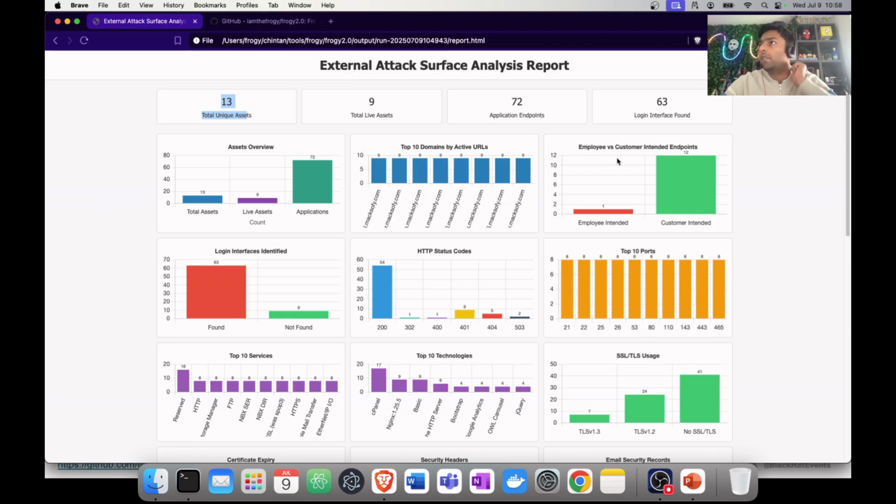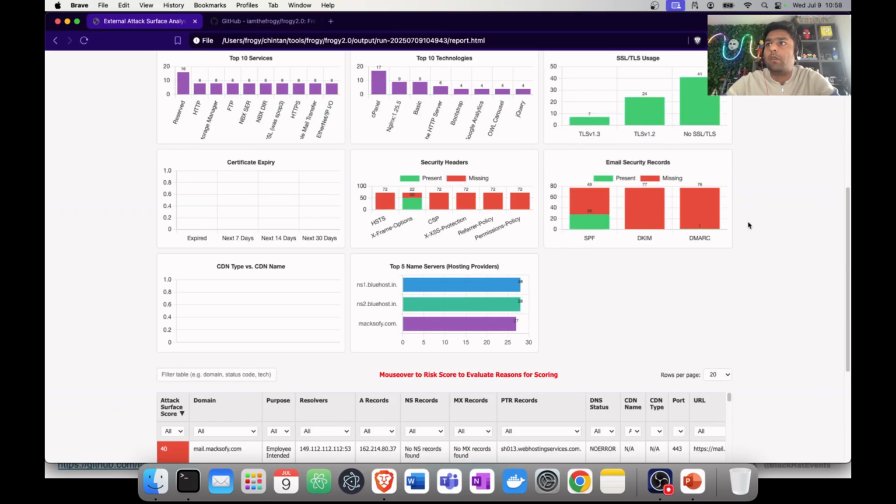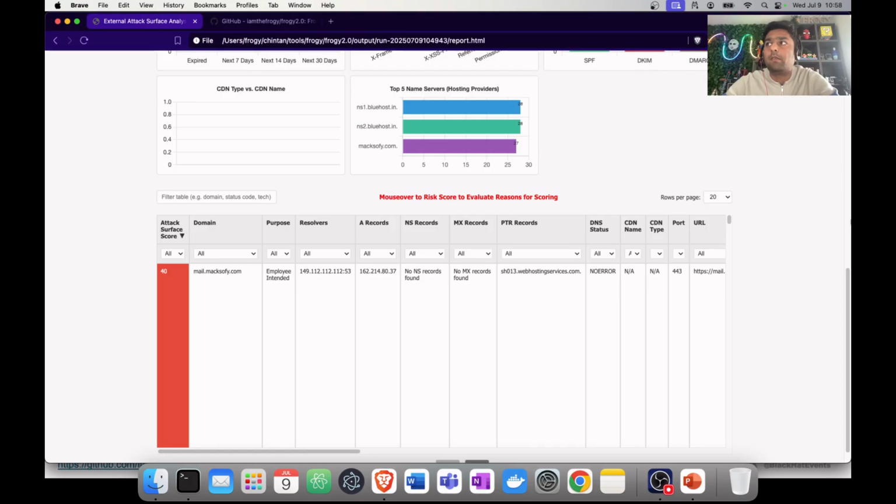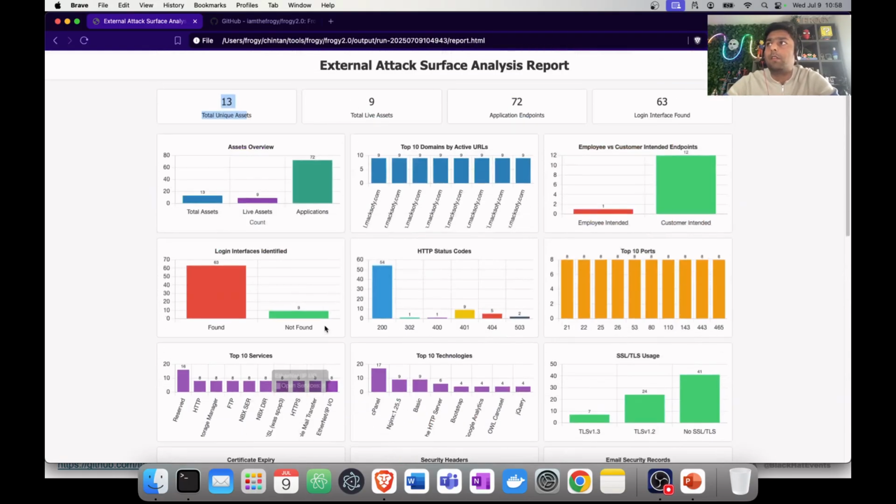How many of them are employee versus customer intended? Based on my keyword analysis, I found there could be one asset which could be employee intended, but the rest of them are customer. If you want to know the details of that, you can always go into the down section, and that's where the table is provided. You can filter here customer and employee, but we have on the top mail.maxoffice.com. Probably that's not meant for end user customers, so it could be an internal facing domain. When I say internal facing, it's external facing, but internally intended